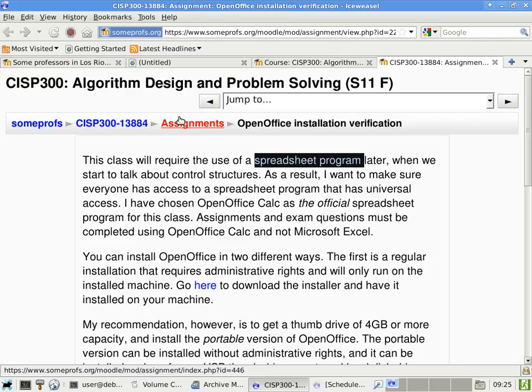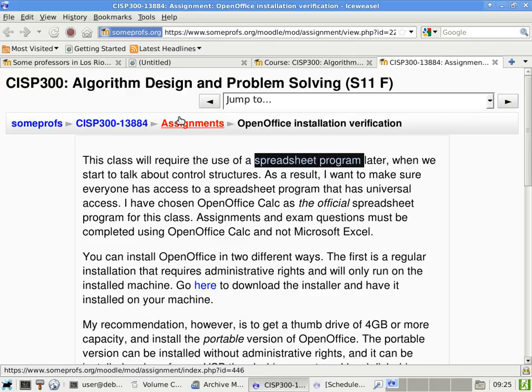79 for students. Yes, but it chews up a lot of disk space, and it is not portable. Just because you have Excel installed on your computer does not guarantee that Excel will be installed, let's say, on a computer in the library, or on the computer that you have access to in the lobby of a hotel, and so on and so